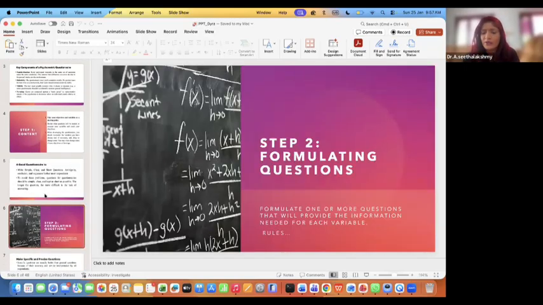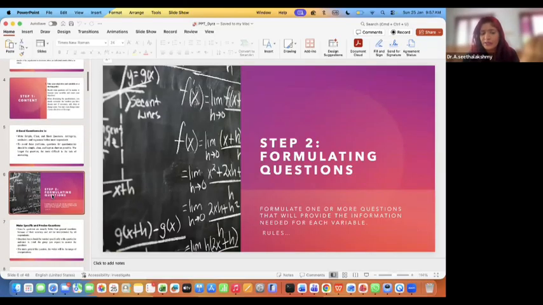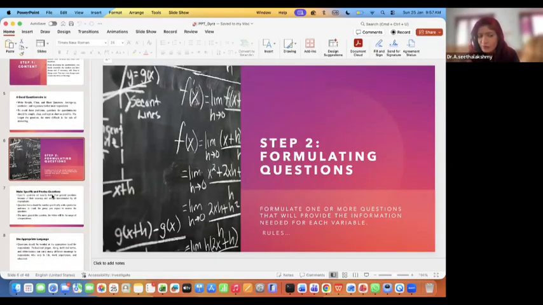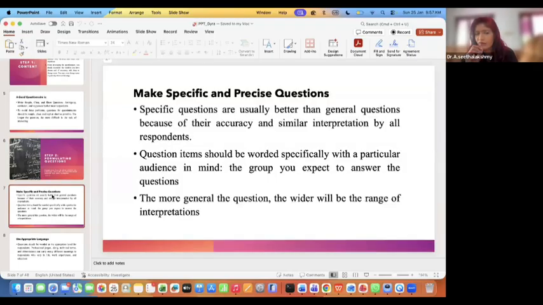So how to formulate the question is one of the most important things, where we say that these are some rules. Some general rules which we need to follow: be more specific. Understand to whom you are going to ask the question, your target audience or the respondent, and what answer you are expecting. Keep it in mind. You don't have to calculate the answers, but at least you can guess that.